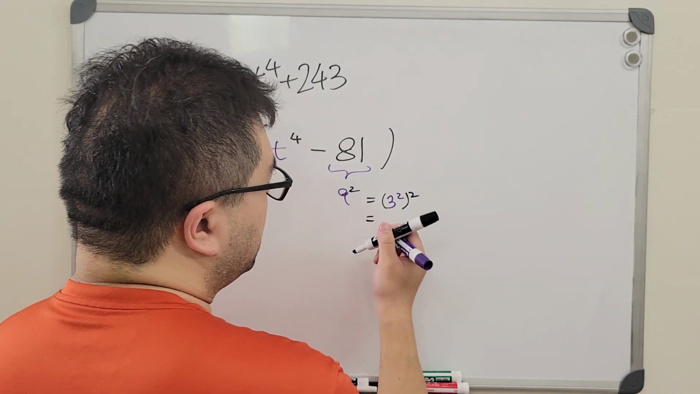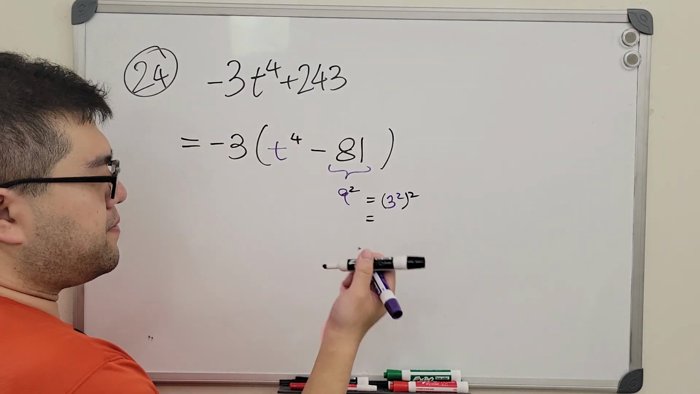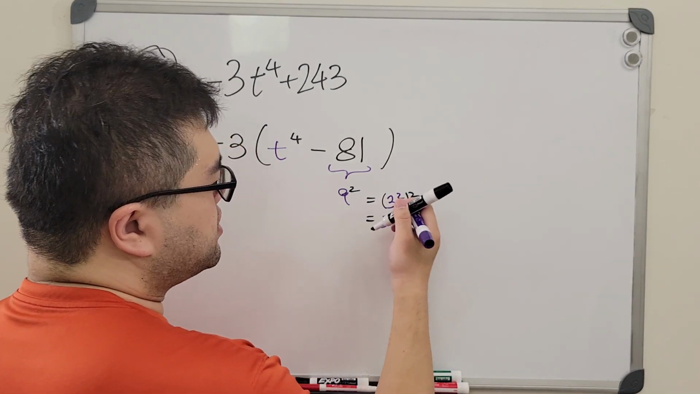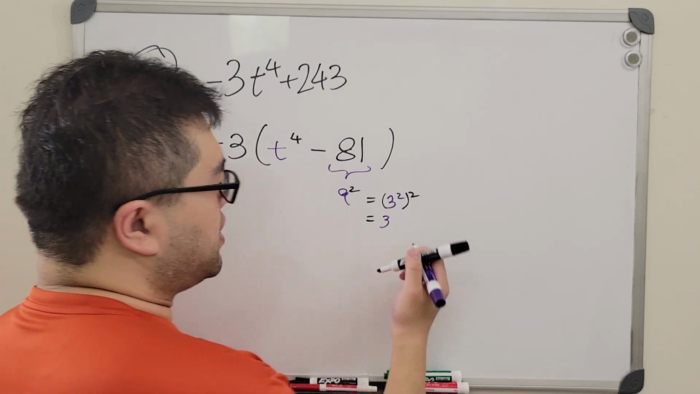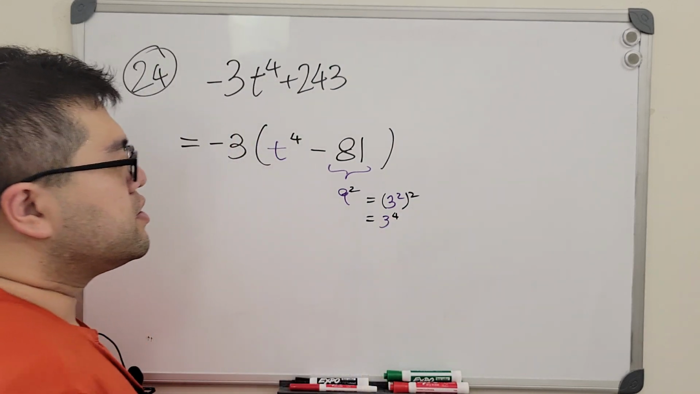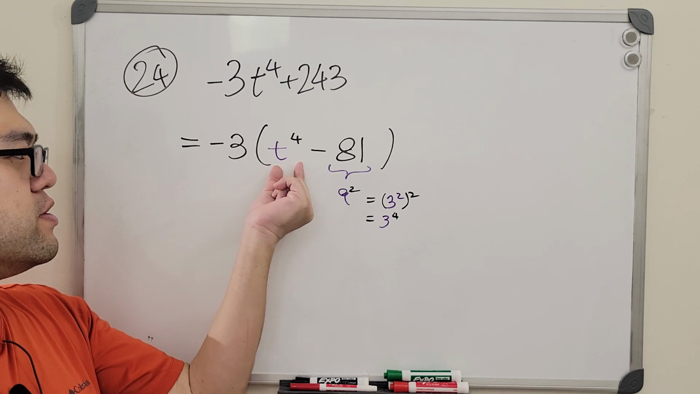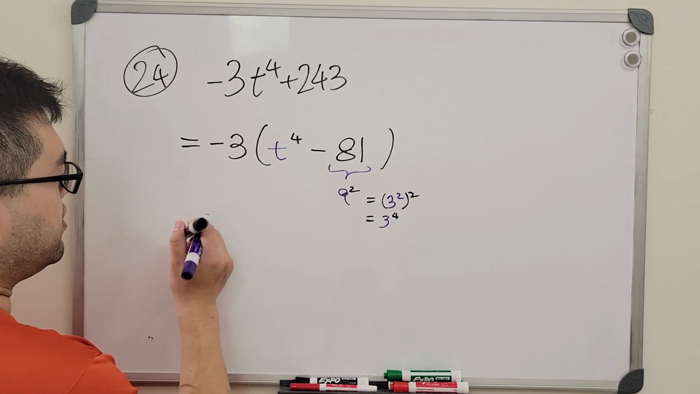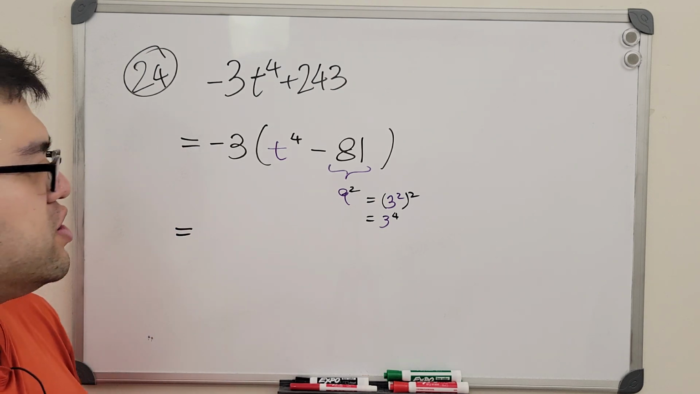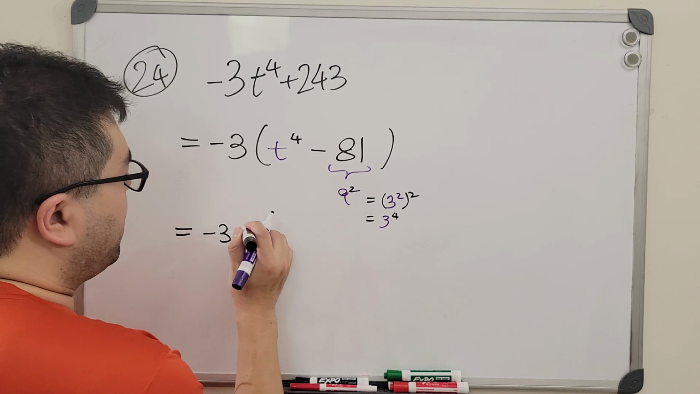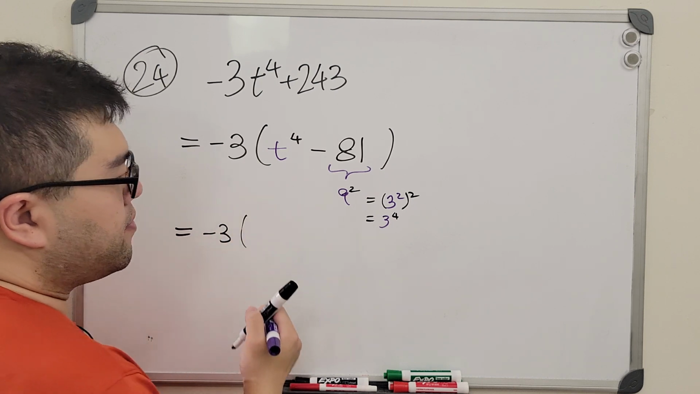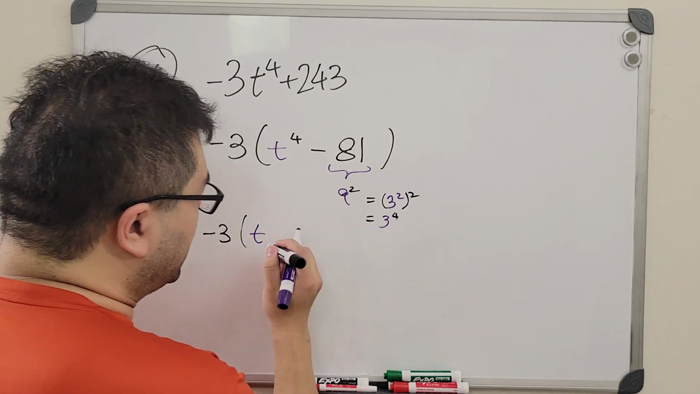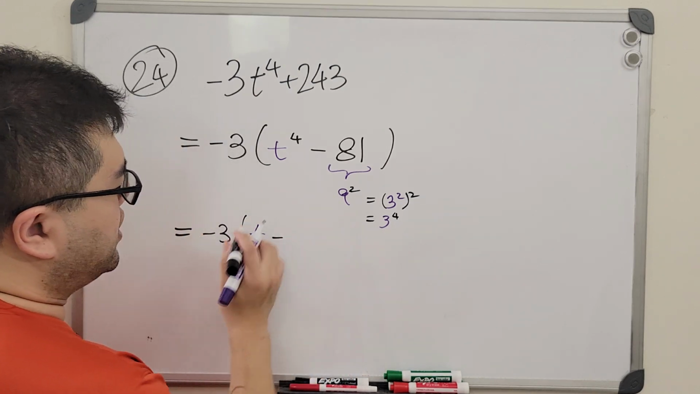So in fact, if we use the exponent rule, we can just multiply the exponents together. So 2 times 2 is equal to 4. So in fact, we end up with something to the 4th power minus something to the 4th power, which is the same as the expression in problem 21. So we can just apply the results here by setting our x to be t and our y to be 3. So we have -3 times the quantity